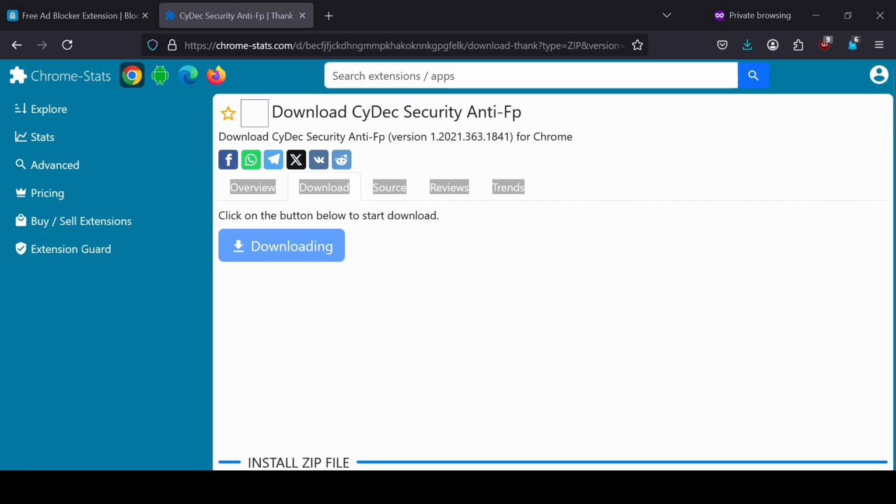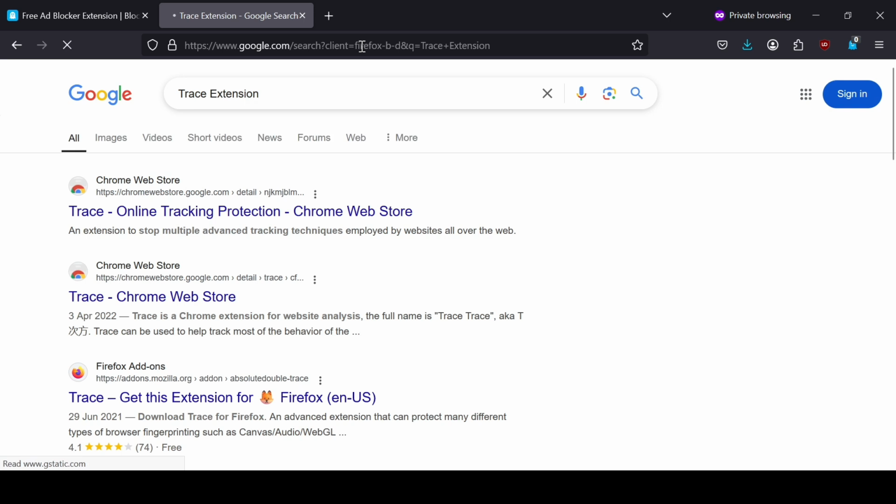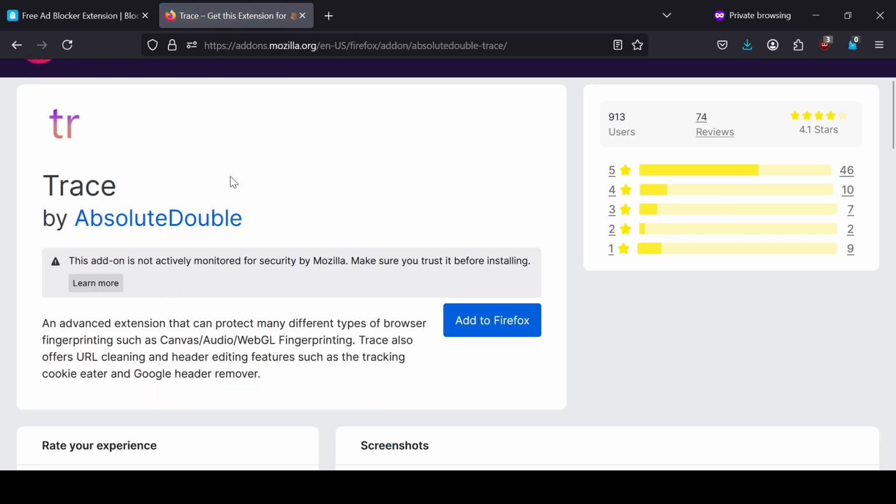Trace extension. So we go back to our browser and then copy. Let's put in the trace extension. So you come back here, put in trace extension. So yeah, that is the trace.